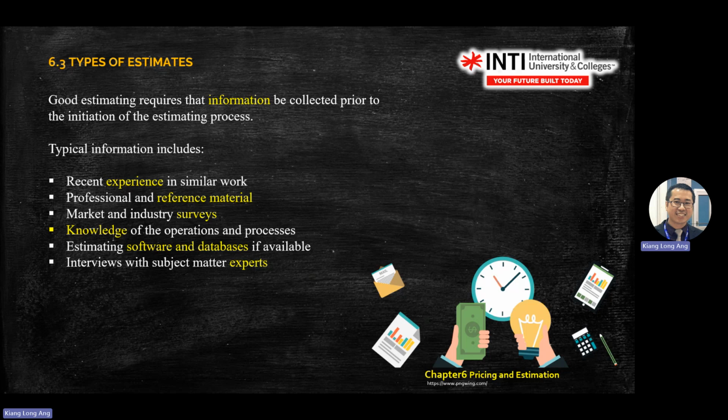When it comes to design of tooling, design of machine, then you need experience in operation. Estimate using software if available nowadays. You sure have software to estimate, right? For example, MATLAB, and so on. And sometimes your data can be